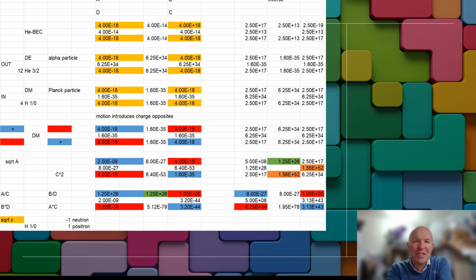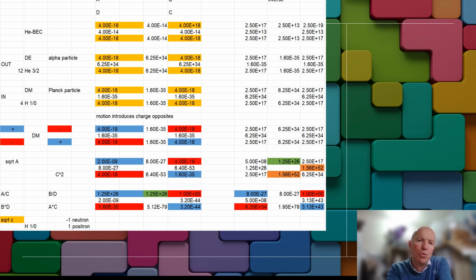And we've got the opposite trajectories down at the singularity for the dark matter, and the inverse of that is 6.25e to the 34. And there's that relationship as well between the dark matter and dark energy particles corresponding to the decay process that I want to talk about,